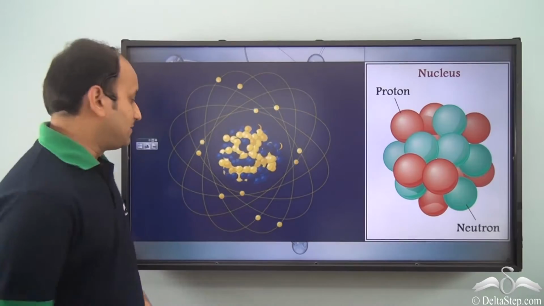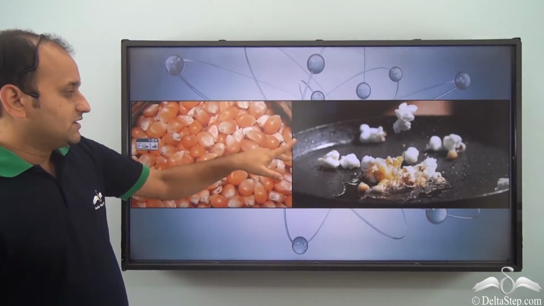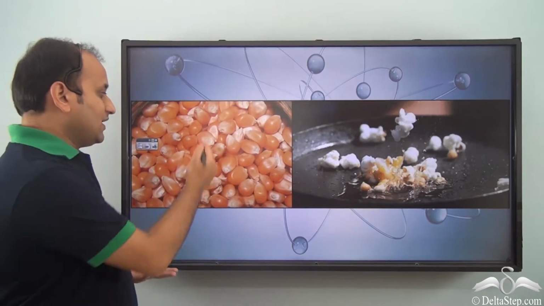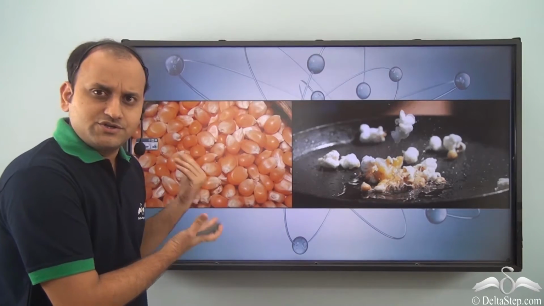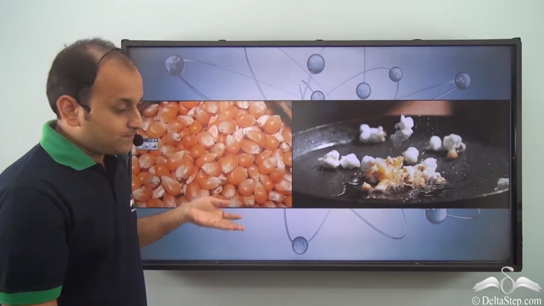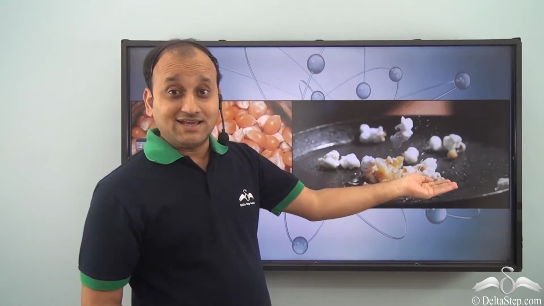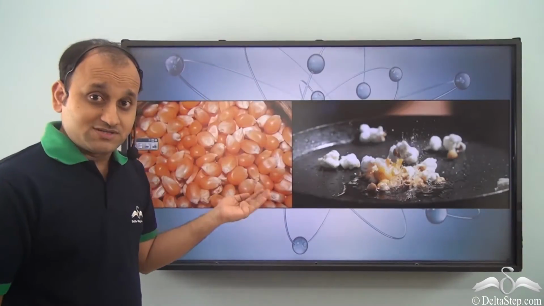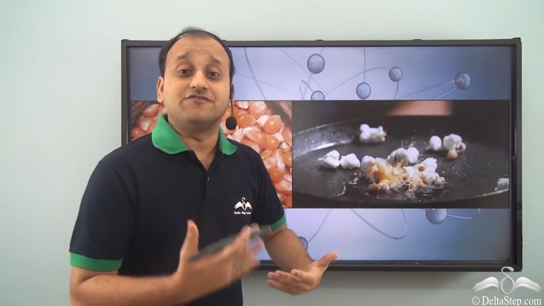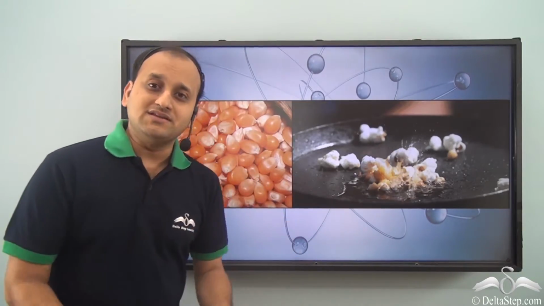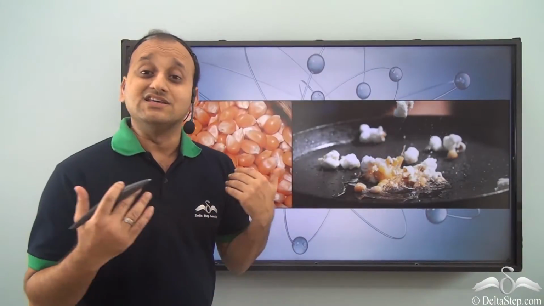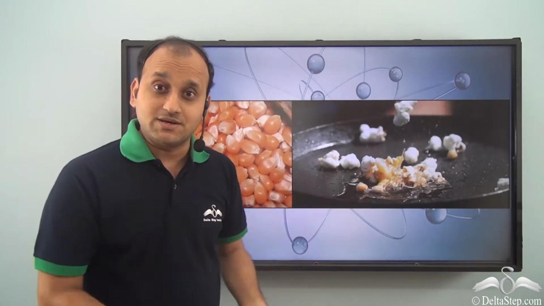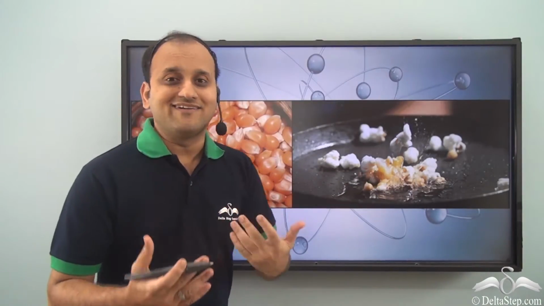So let's understand with an example. Now what do we see here? Two images. One has corn seeds. In this case, the corn seeds are dormant. Do you see any reactions in the corn seed? No. But the same corn seed on heating, that is on change of condition, reacts differently. Now, a similar thing happens with a nucleus. A nucleus is usually stable, but in certain conditions, the nucleus becomes unstable and then it starts emitting radiation.